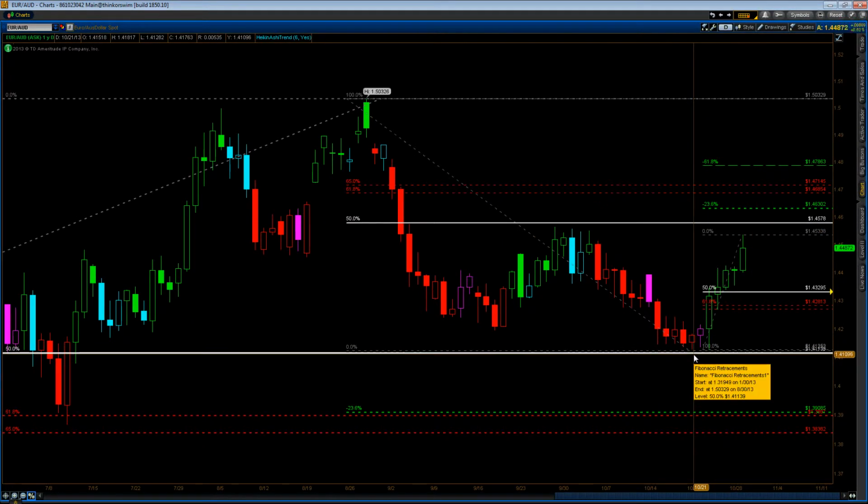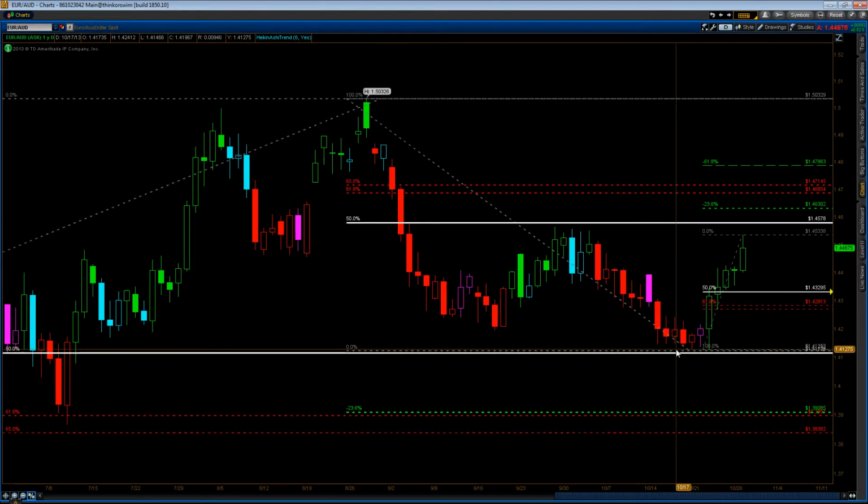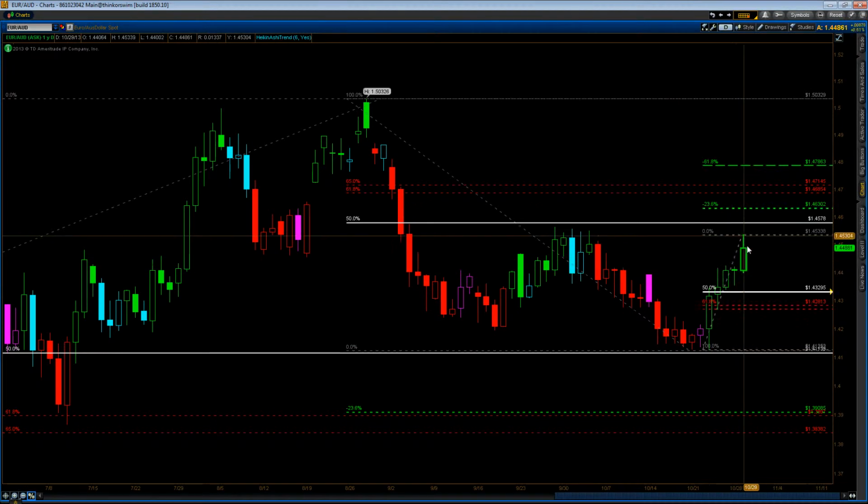It was really a 141.14, and the lows were actually a 141.204. So it was about a 10 pip front run, but of a big daily level like this, that's totally acceptable. Anyway, we got the reaction we needed, and we're looking for now a pullback into the